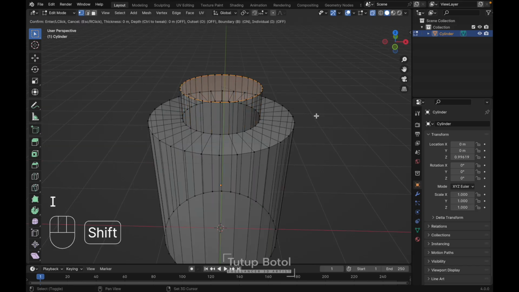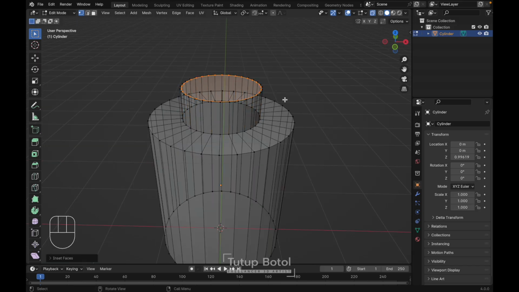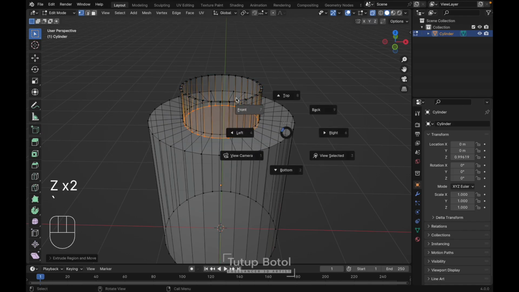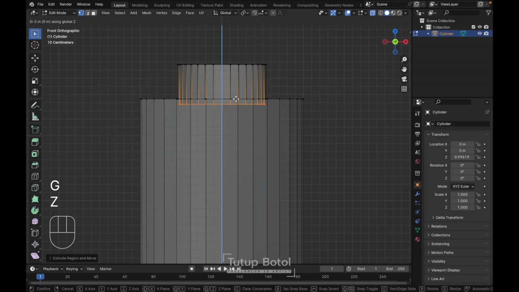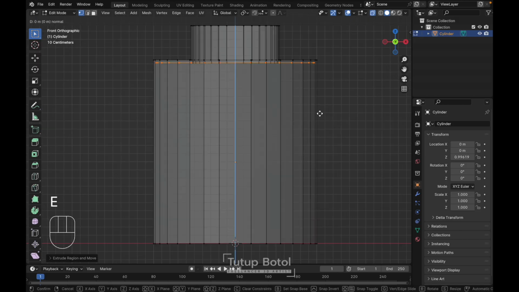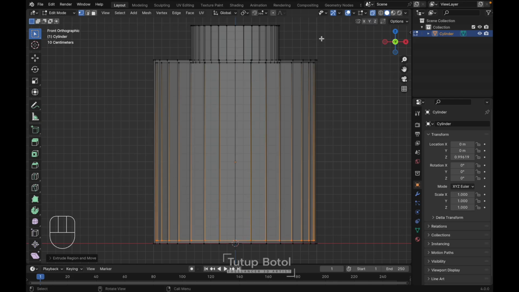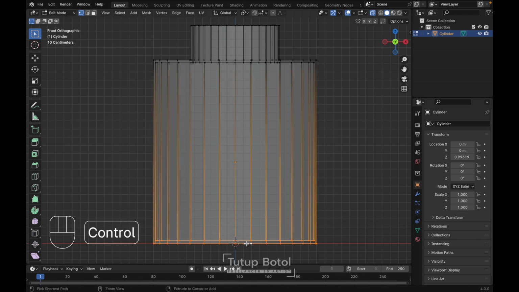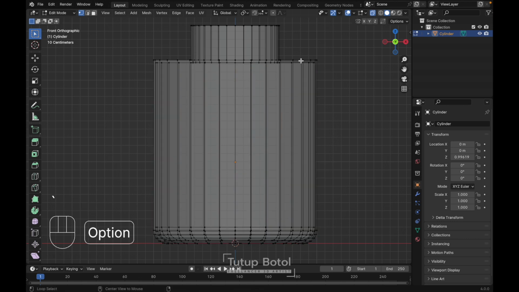Press I again to inset, just a little bit like this. Press E to extrude it on the Z axis, just like this. Go to the front view, G Z, just a little bit like this. Press E again to extrude, S to scale it, just scale it like this. Press E, extrude it on the Z axis, extrude it down here, like this. Okay, and select this edge, and select this edge, Control B, bevel it, increase the segment like this, select this